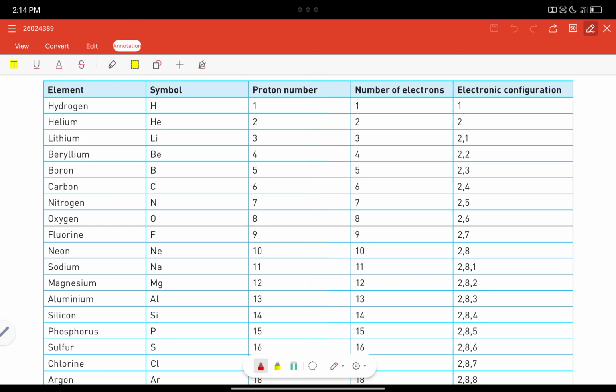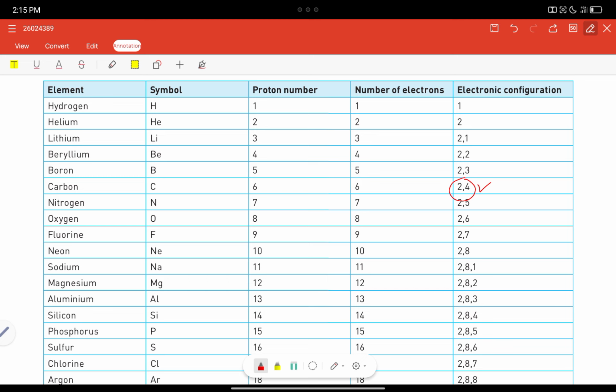We'll look at that later on. But I want to understand what electronic configuration is. It shows the arrangement of electrons around the nucleus of a shell. So we know that every atom has electrons, but the electrons are arranged in a particular way. So if you take, let's say, carbon here, the electronic configuration of carbon is 2,4,